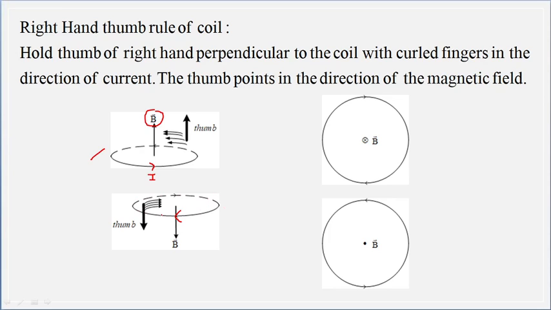If you keep the fingers like this in the direction of current, the thumb will point downward. So that is the direction of magnetic field. And here, basically what happened is, say, if you consider a straight wire bent into the circle, actually for a straight wire,